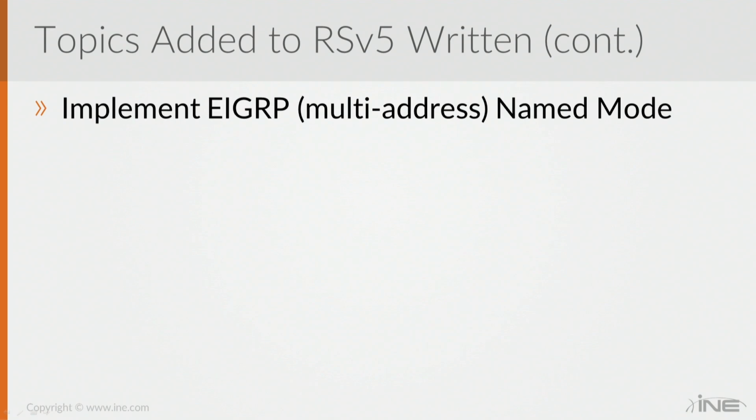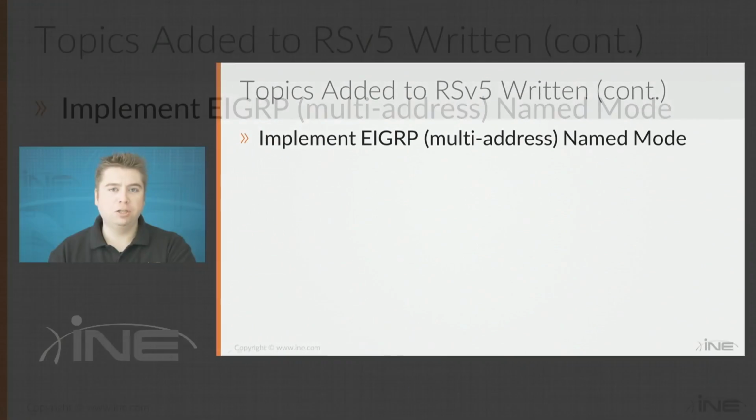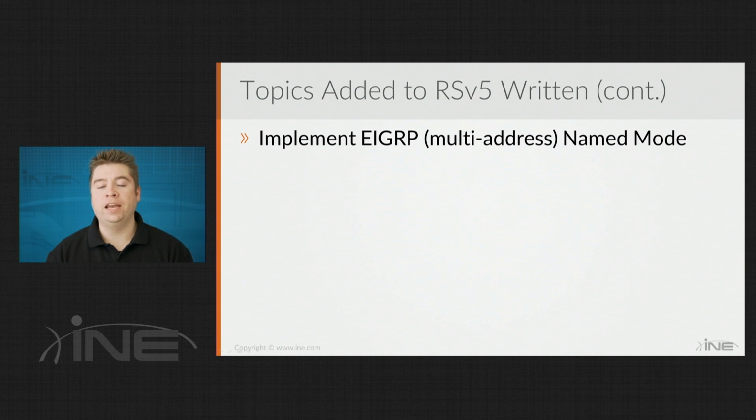Then implement EIGRP in multi-address mode or named mode. As I mentioned, this is a new enhancement to EIGRP that unifies the syntax between IP version 4 and IPv6. It also allows you to use additional features like IPv6 VRF Lite for EIGRP, and EIGRP metric scaling, which is going to be needed when you have very high-speed links like 10 gig, 40 gig,